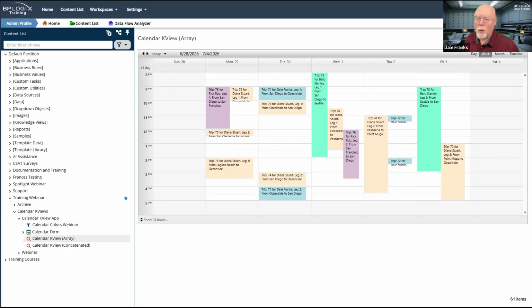So here is one of the two calendar knowledge views that we can display based on the data that I have. Now, this one is taking individual bits of the data that I have and making individual little appointments on the calendar. So for example, let's take this example here.